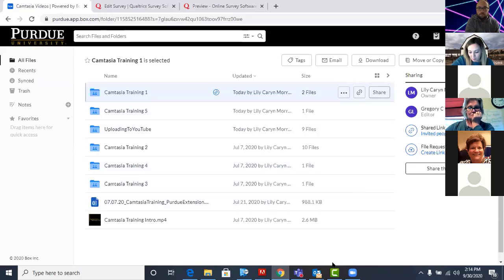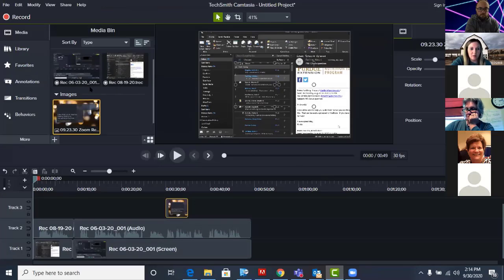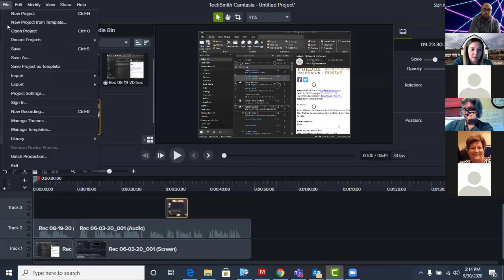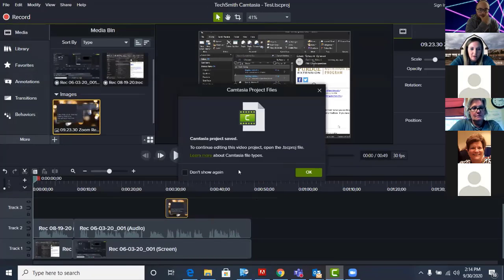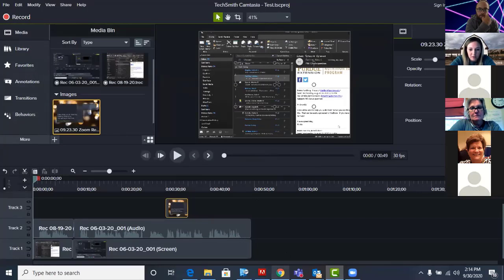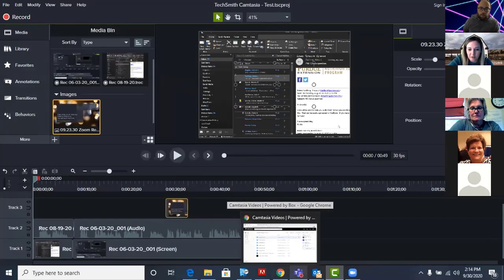So I personally would recommend using Box. So, how to package your Camtasia file folder. If you're in Camtasia and you head over to the left-hand side of the screen and click Save, it's going to save all of these into one folder, but it'll save the project separately. So if I save this as just this, it's just going to save it in an entirely different folder, and also on a project folder separately.